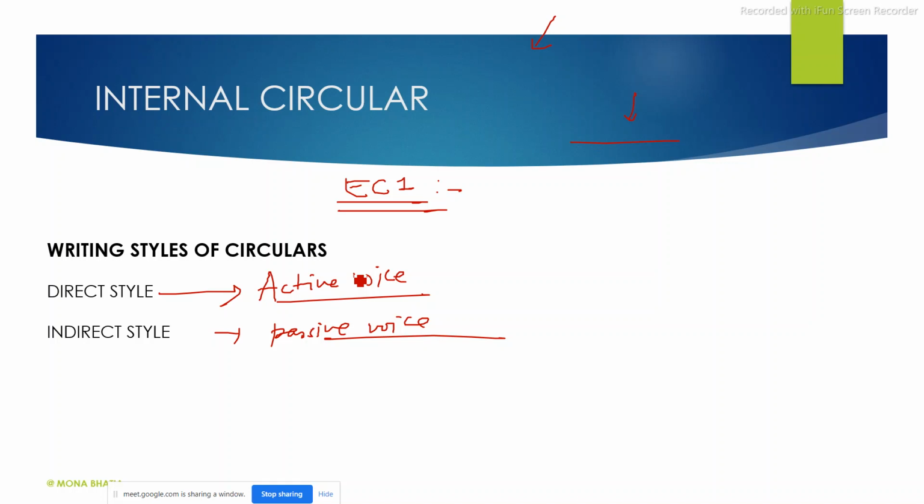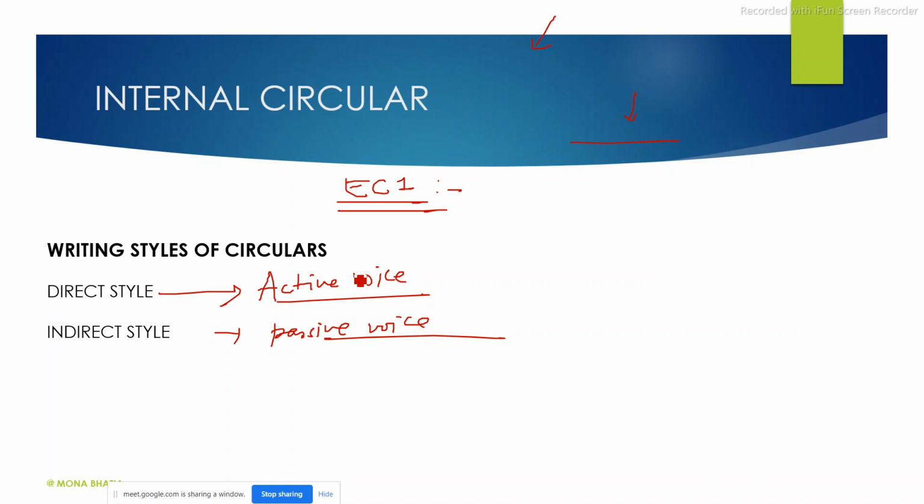Okay, so that is where we use indirect style and passive voice. So because you want to be tactful with your external stakeholder. Okay, that is why you have to be passive. You have to not show your authority,